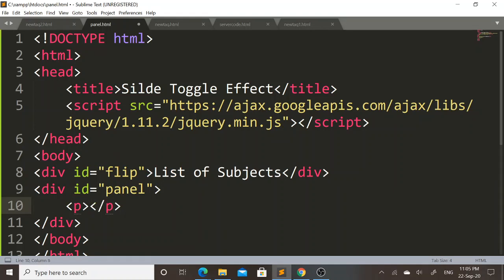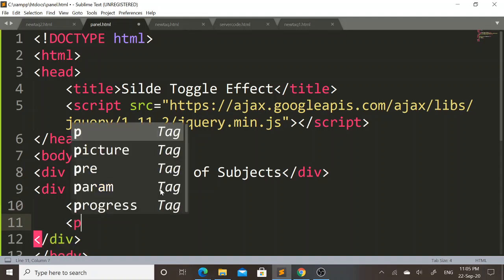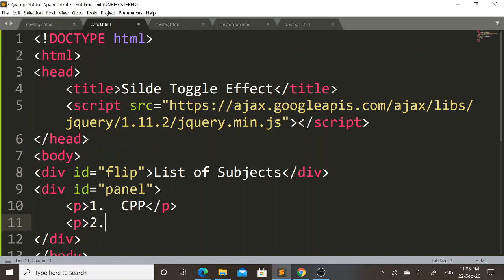In first paragraph tag I will mention first subject name, that is CPP. Then in second paragraph tag I will mention second subject name. This time I will set text Android.